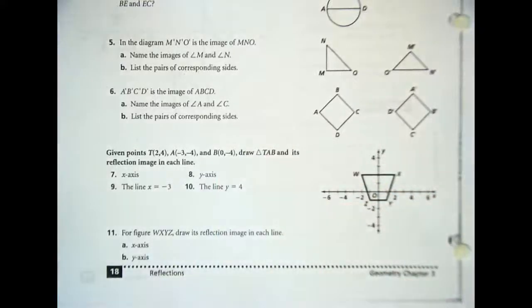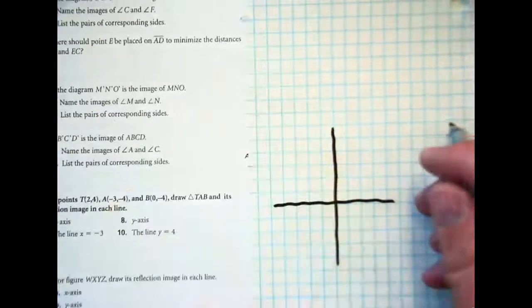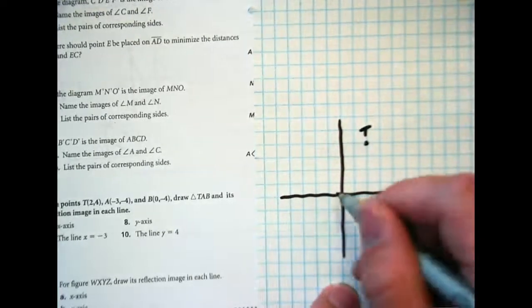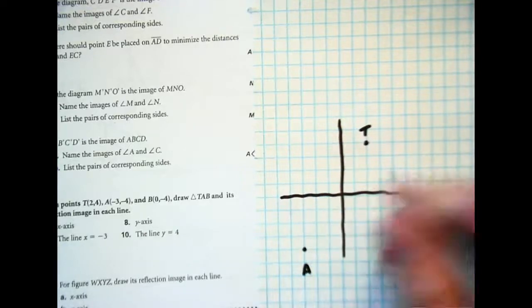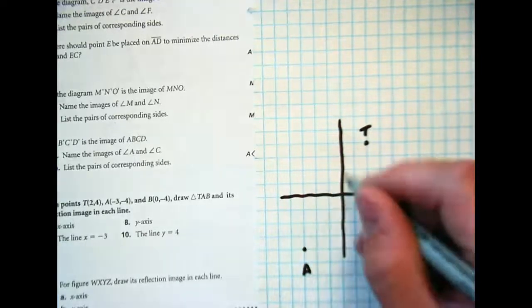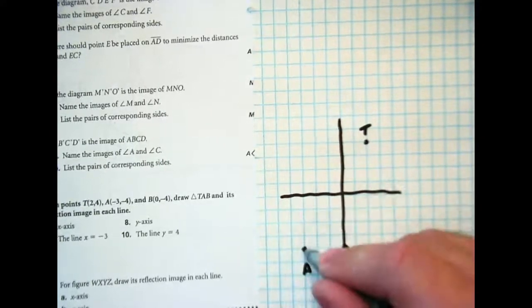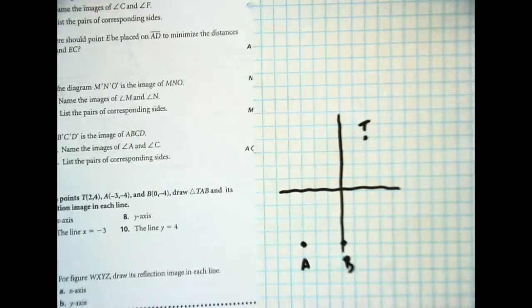Now, just so that we're very clear about something, if I am plotting triangle TAB, with points 2, 4, -3, -4, and 0, -4, all right, if I have those points, stay with me here. If I am reflecting those points across